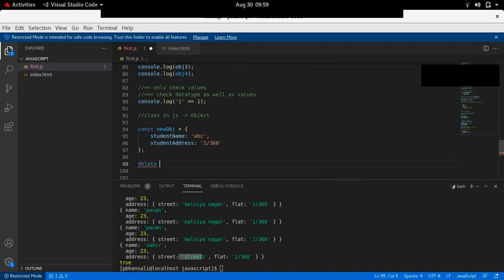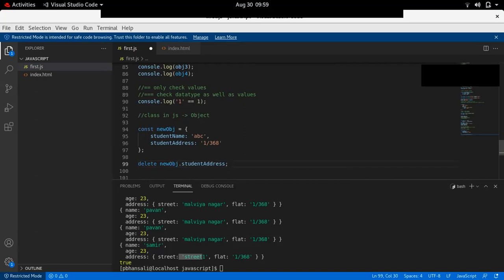Similarly to the new operator, there is one operator called delete. Like this, it will delete the property of this new object, student address.